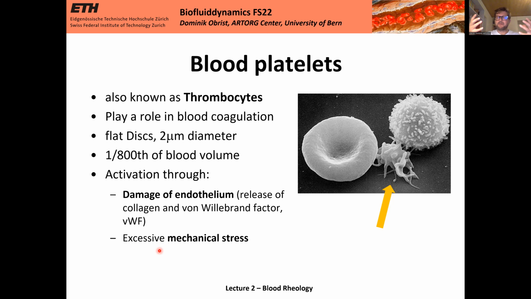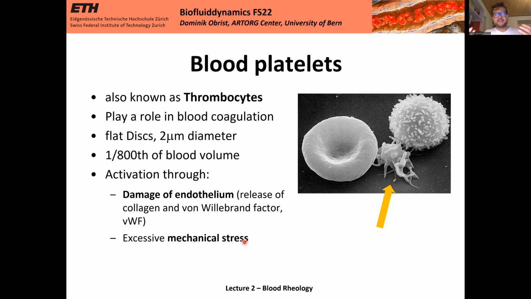And typically, in a normal case where you have a wound and you want to start a coagulation process, it's the release of collagen and the von Willebrand factor which activates them. This is sort of the normal, let's say, physiological way of activating them. But what is more interesting, or let's say more dangerous, when you design an implant, is that